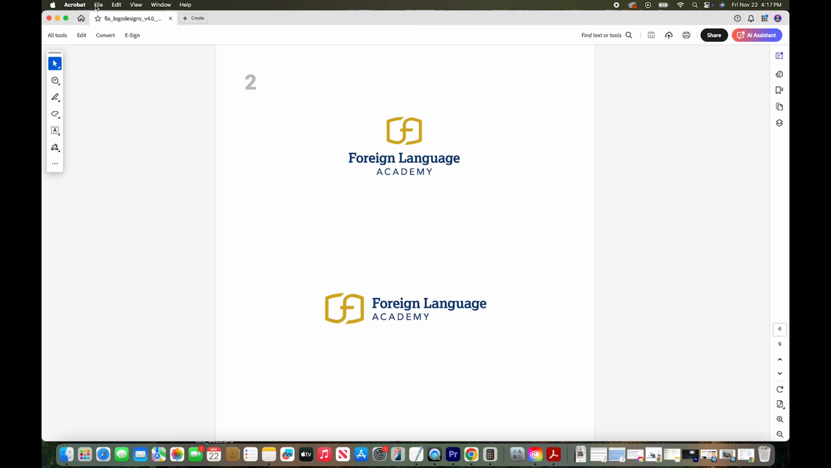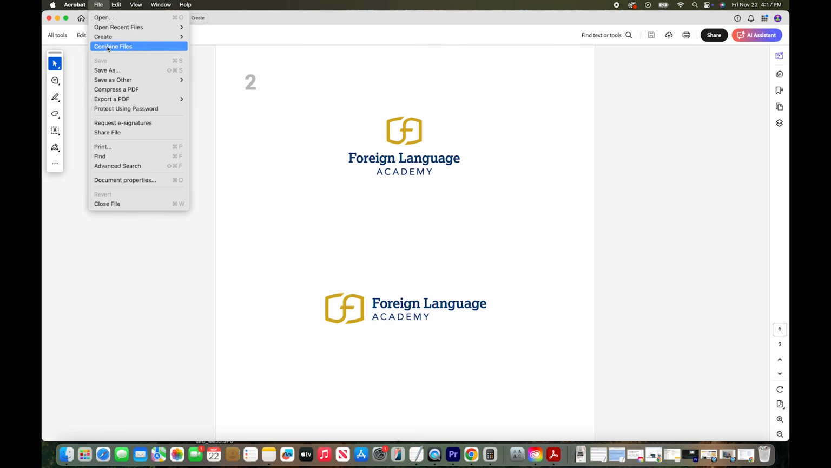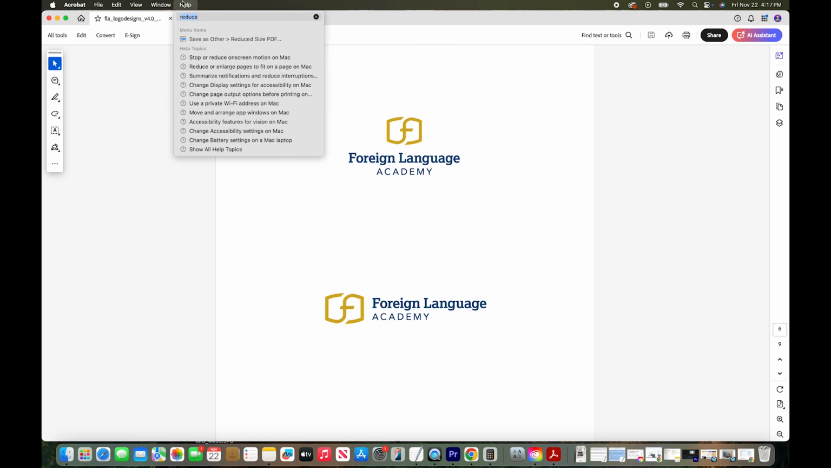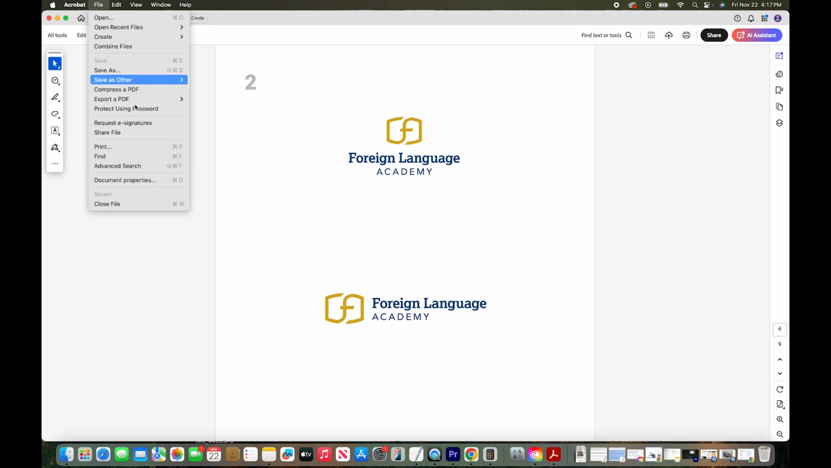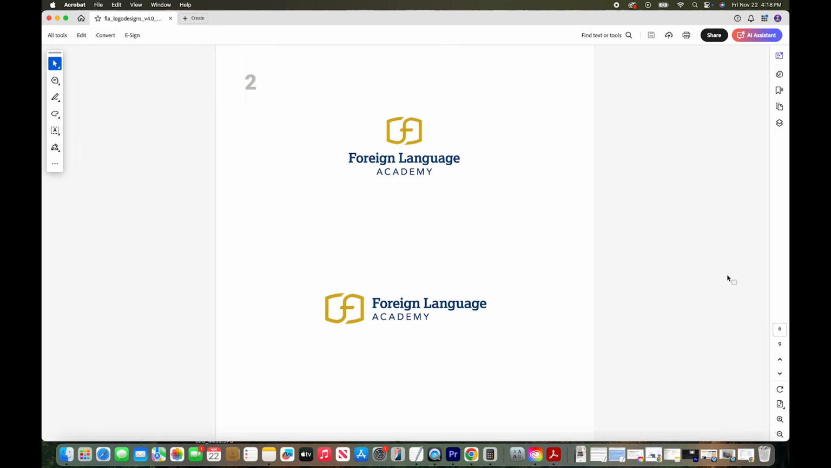So just to recap, to reduce file size, you can go to File, Compress a PDF, or Save as Other, Reduce Size PDF, Optimize PDF. And you can always find these things under going to the Help and searching if you can't find them under the menu. So that's how you reduce the file size or compress a PDF in Adobe